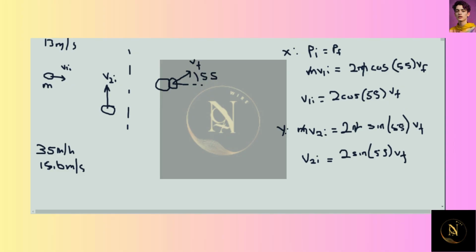So now if you were to divide, say, V2i over V1i, you find that, if you take this, divide by this, you have a sine over a cosine, which is the tangent, and these things cancel and that cancels. So this is actually equal to the tangent of 55. So now we know what the tangent of 55 is. We know what the initial velocity is. So we can go ahead and just compute directly what V2i is going to be, and we find that V2i